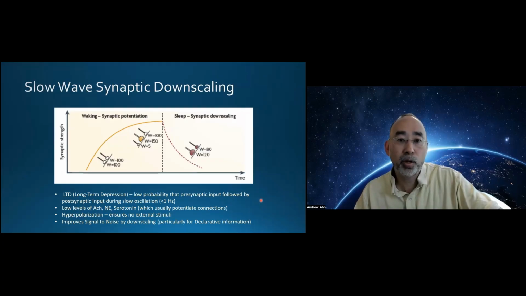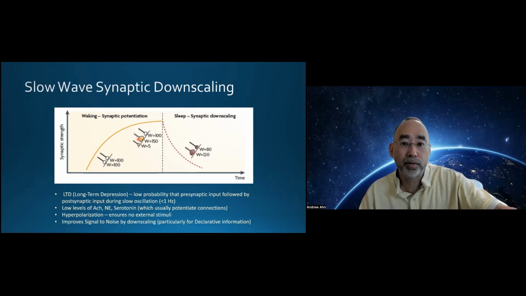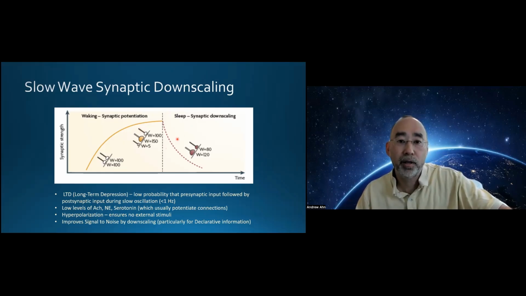And so during wakefulness, we constantly form new connections, strengthening synapses, as we show here on the left. But this cannot continue indefinitely because it will lead to saturation, hindering learning and increasing noise. Non-REM slow wave sleep provides the solution of synaptic downscaling. The delta waves, characteristic of deep sleep, along with low levels of neuromodulation, promote long-term depression, weakening less important connections, basically clearing out the waste, as I discussed before. And this reset improves the signal to noise ratio and supports that coherent concept of self.